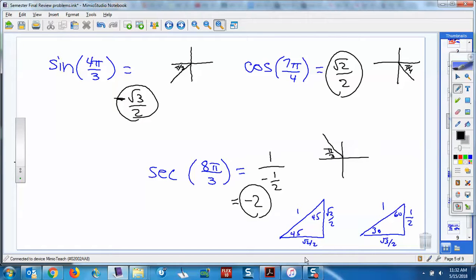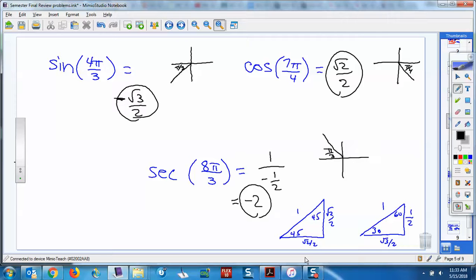Certainly will be helpful if you're taking calculus next year to know that. If you're going to take it to college, it'd be really nice to know it. But 45, 45 is those numbers across from the 30s, the smaller side, 1/2 is 0.5, square root of 3 over 2 is 0.866, so 0.5 is smaller than 0.866. Okay, so if you remember those numbers, if you can at least draw your reference angle,